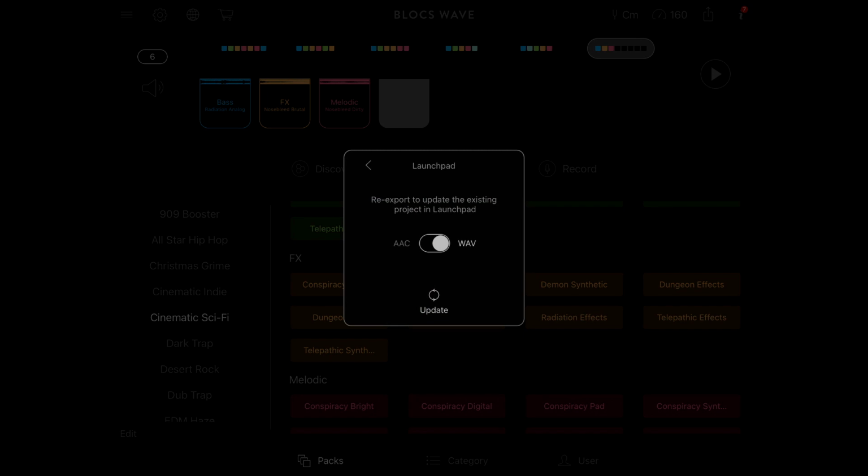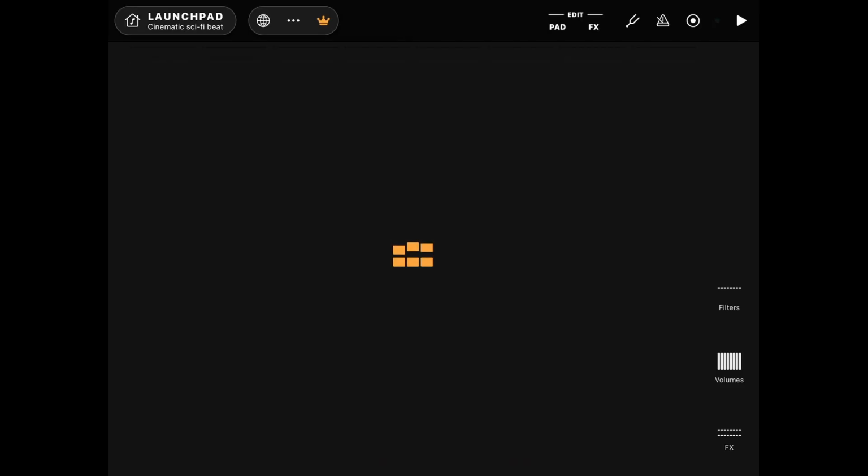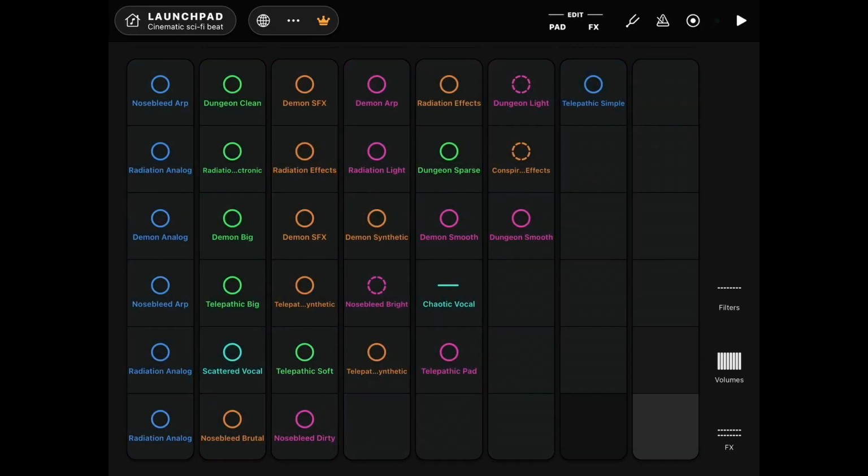And then because I've already exported this, I can update it, reconfigure this, and open Launchpad automatically. And here we go. So that is the track in Launchpad. And it allows you to actually create the full track by playing this and editing out various samples and adjusting the effect. So this is the paid version of both Blocs Wave and Launchpad, and it allows you to go